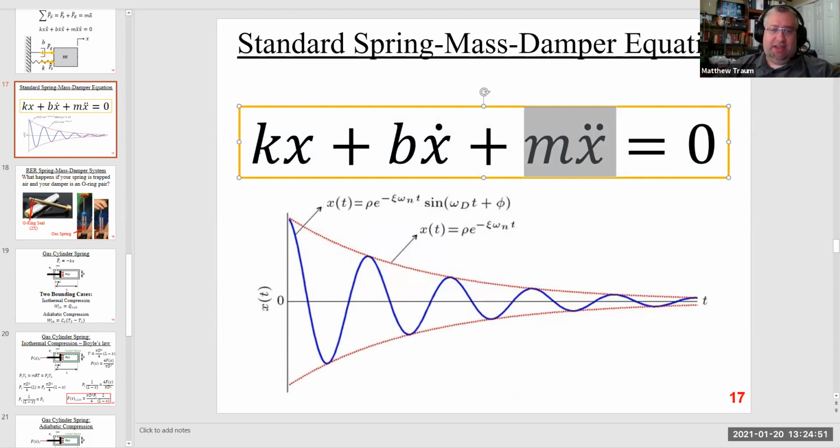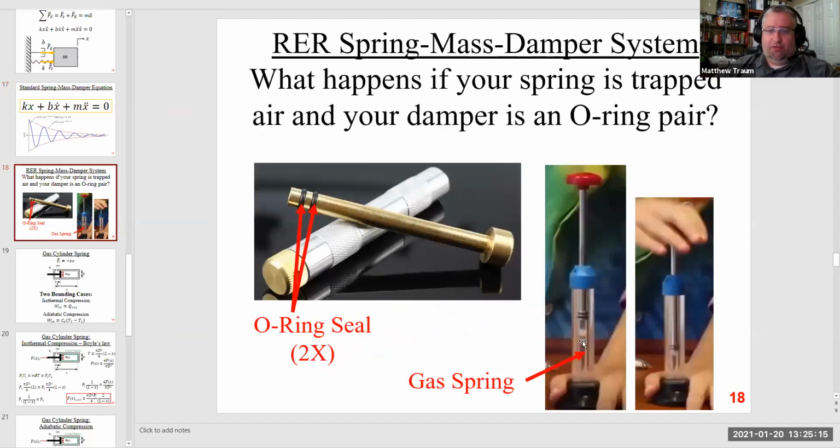The only difference is the spring force is not going to be Hooke's law. It's not going to be a linear spring, and the damper is not going to be b times x dot. So we're going to need to come up with an expression for the damping and an expression for the spring, and put those in at this spot and this spot in the standard spring mass damper equation to get the equation of motion for this piston cylinder apparatus after we release it from compression.